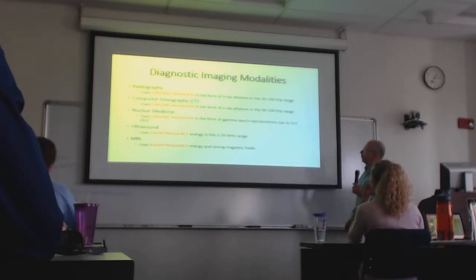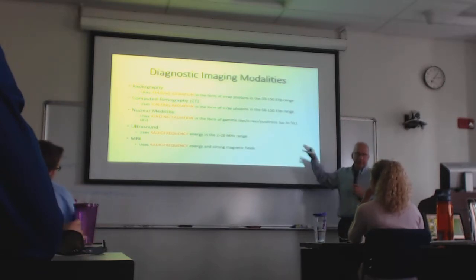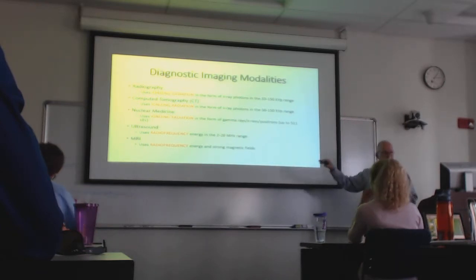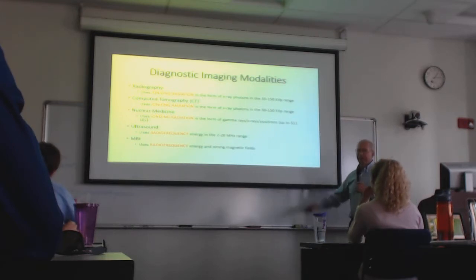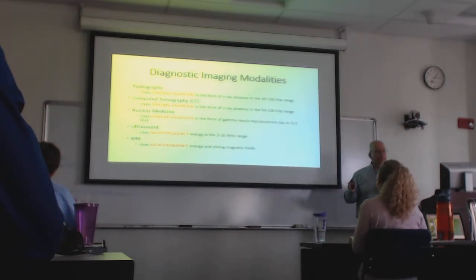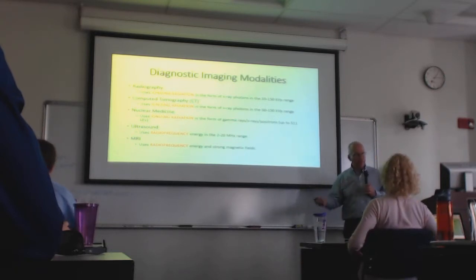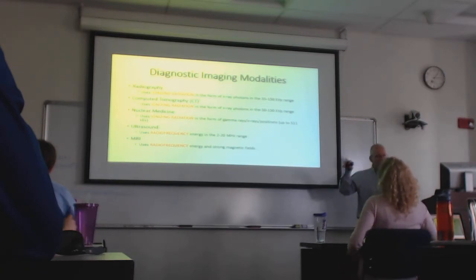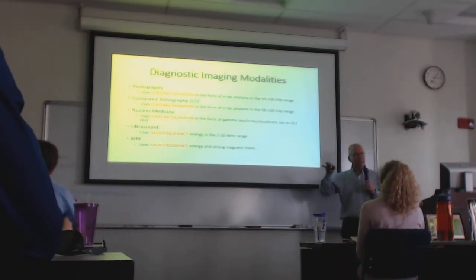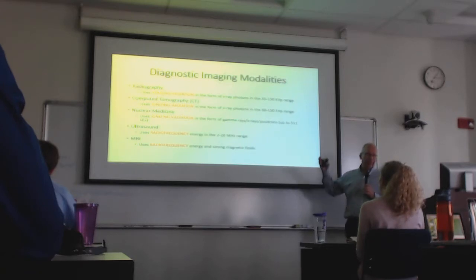We'll talk a little bit about that in a bit. But something in the neighborhood of 35 to 150 kilovolt peak, kVp. Don't worry, I won't have to say that again. You won't have to know what it is. Okay? But these X-ray photons are in this rather narrow range of energies. And the reason why we like them is because we've been able to invent a detector, either film or digital, that can take that X-ray information and make an image out of it. So we like something in the 35 to 150 kVp range.